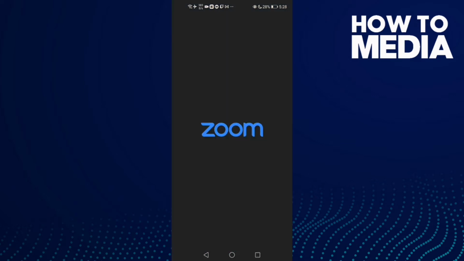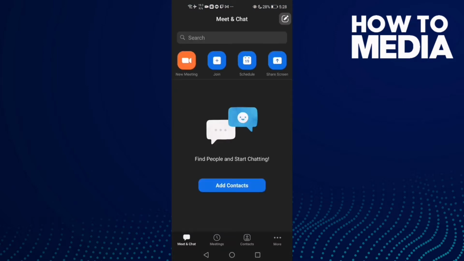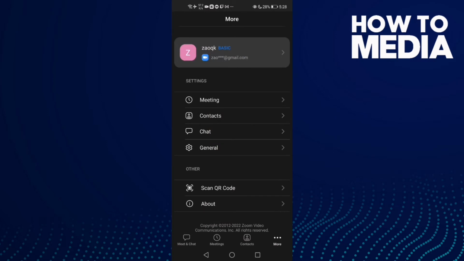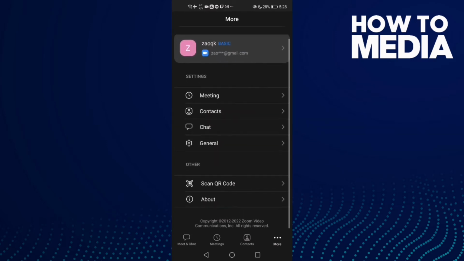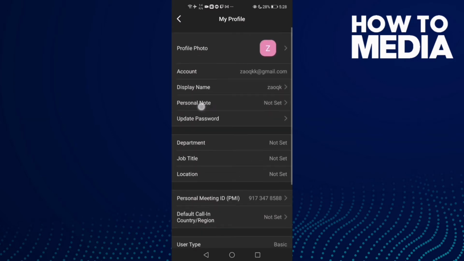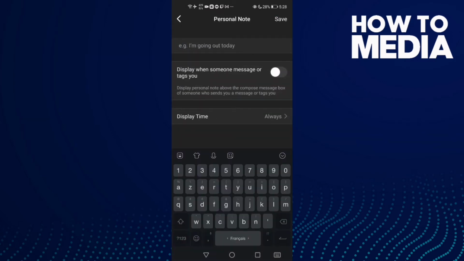First go to Zoom and then just go here and click this one here, and then click personal note and type here anything you want,